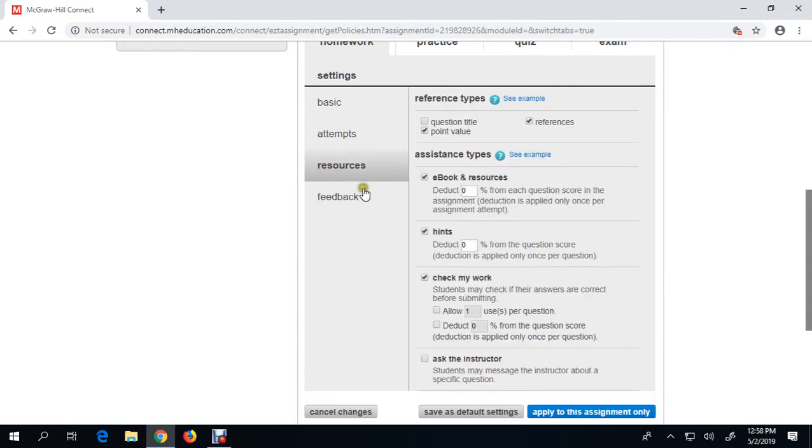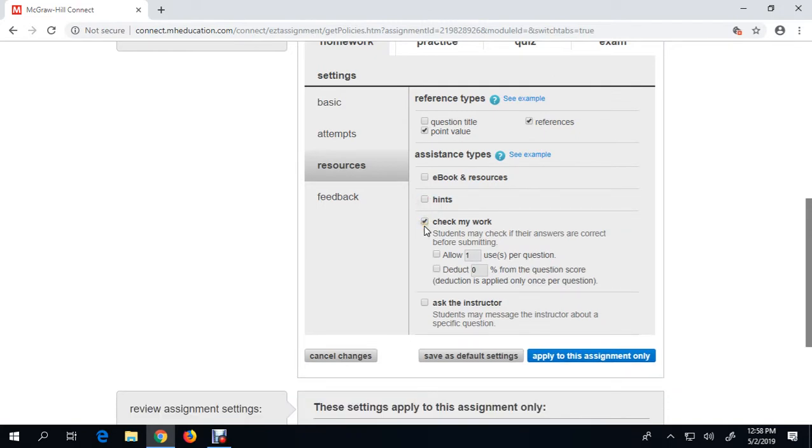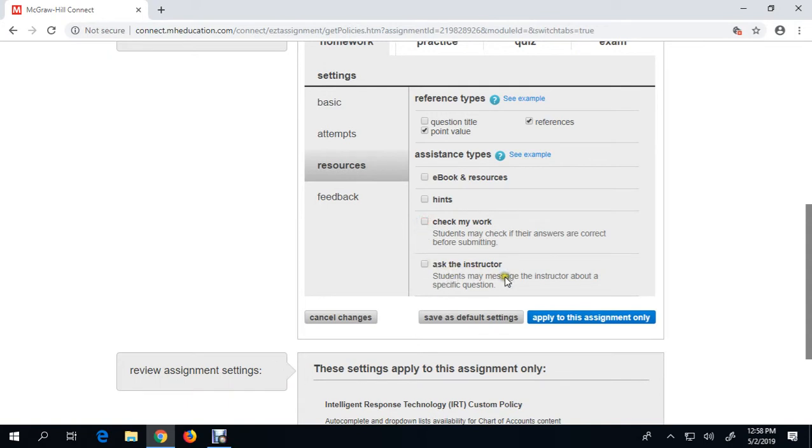As far as resources, again, because it is an exam, they don't need to access their ebook and resources. If they have a physical textbook there, then the control there is that there is a time limit. They don't need any attempts because it is an exam. They don't need to check my work option, which kind of gives them clues as to whether they did something right or wrong because it is an exam. And they definitely don't need to ask me as the instructor. Okay? Regarding feedback,